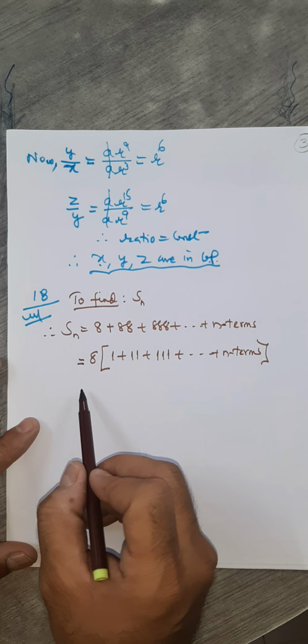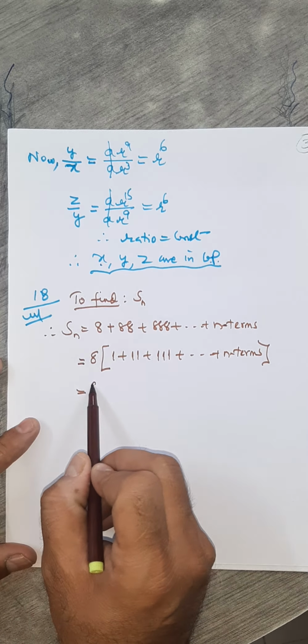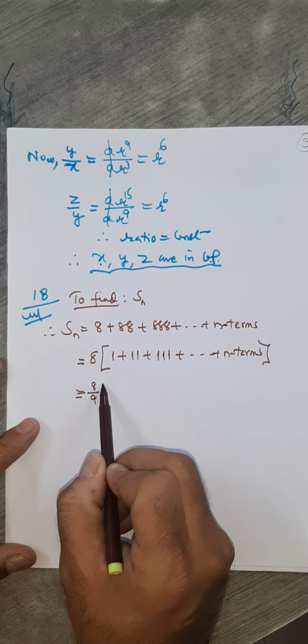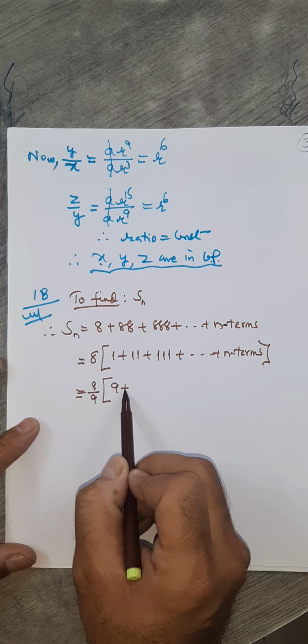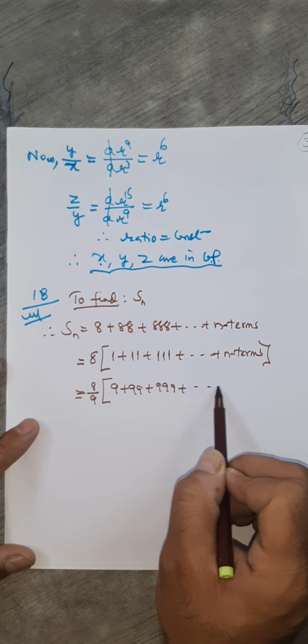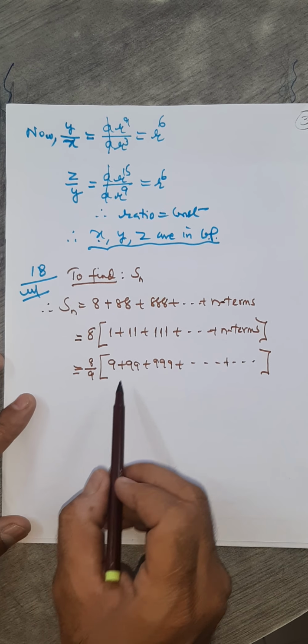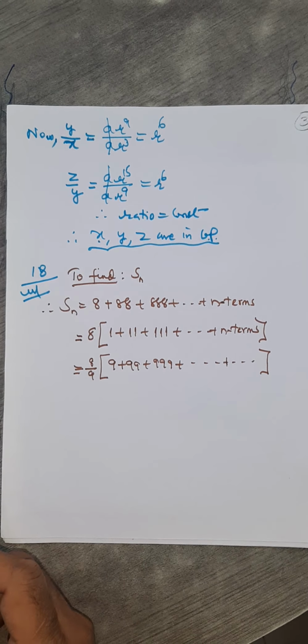Okay. Now the next procedure in such questions will be to convert into 9. So I'll divide by 9, and internally I'll multiply with 9. So 9 plus 99 plus 999 and so on. Right? Why did we do this? You will realize now, because now you see inside the bracket,